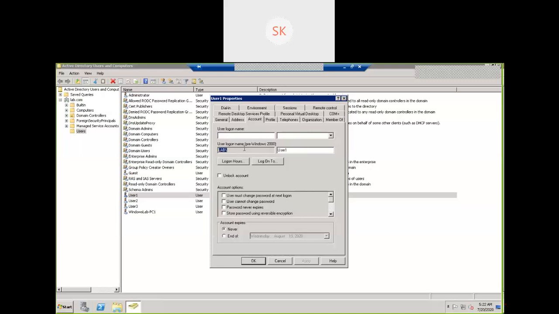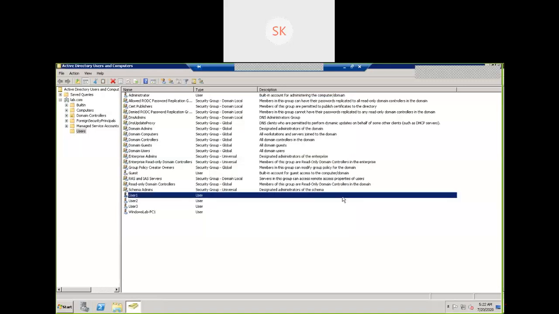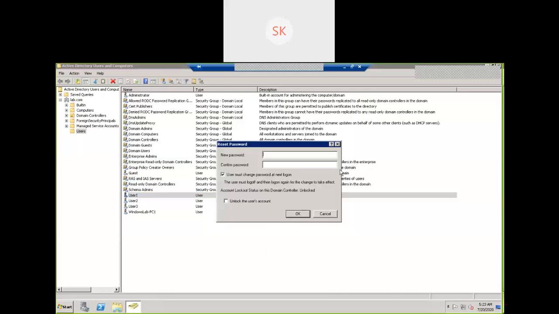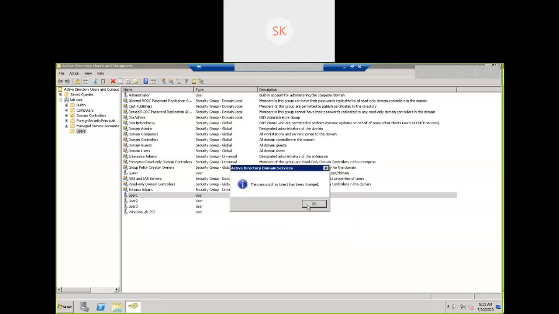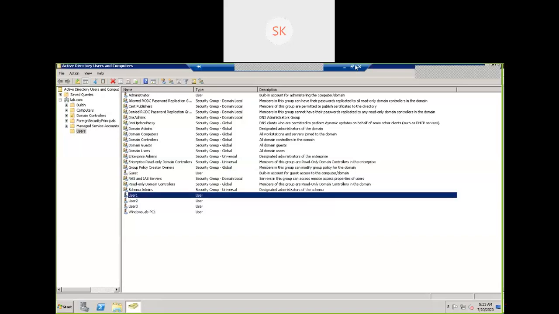Cancel. Right click and reset the password. Okay, give it a try now.